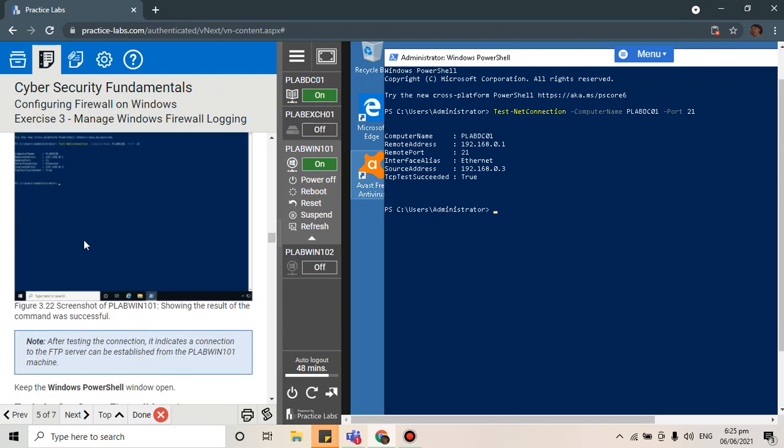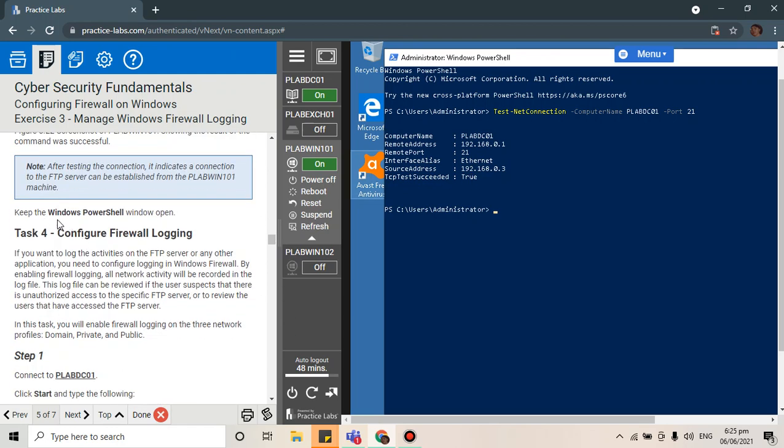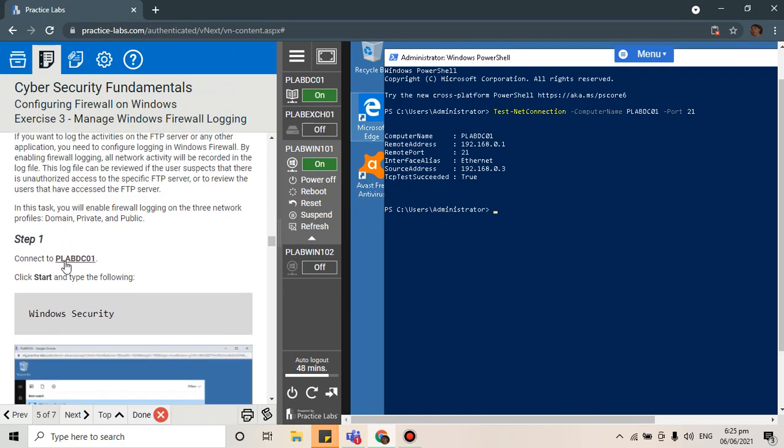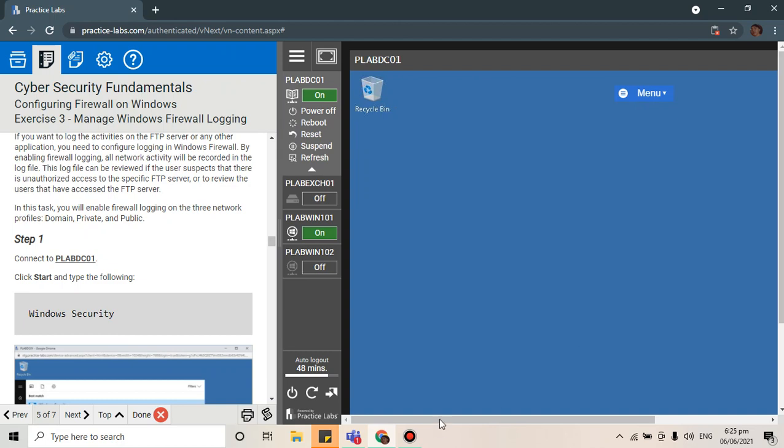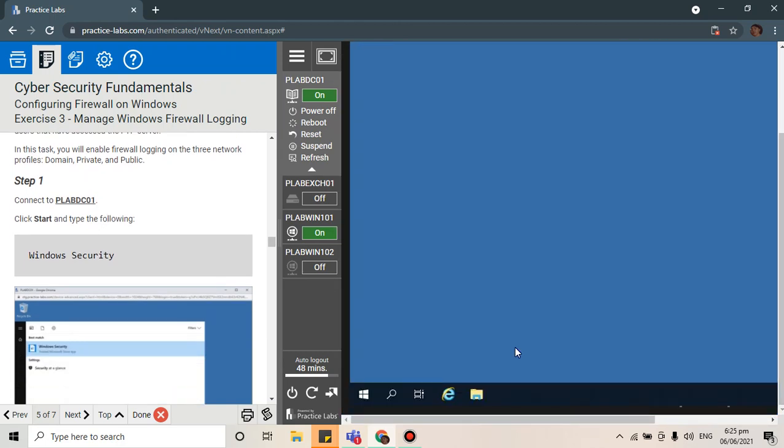and true. Then after nyan, keep PowerShell window open. Task for configure firewall logging. So punta tayo, connect to Flab DC01. Yun, bumukas na. Buti bumukas na. Click start and type the following